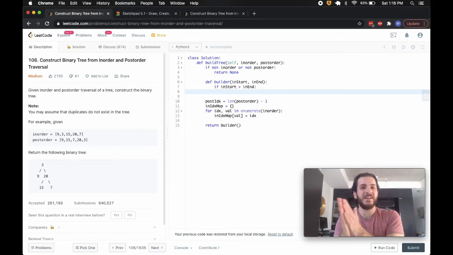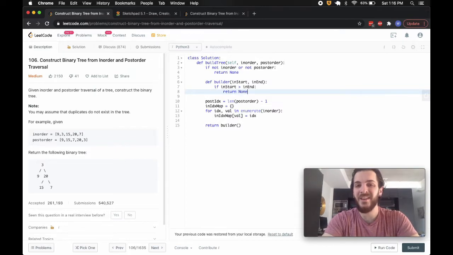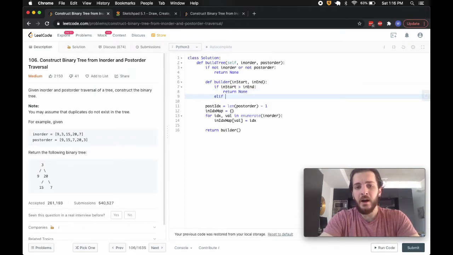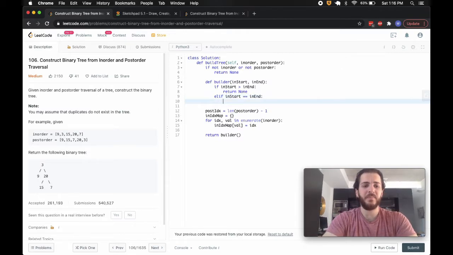It doesn't really make sense. Like we can't start after we end. So at that point we'll return a null node, or just return none. Otherwise, if we get in a position where the start index equals the end index, then what we need to do